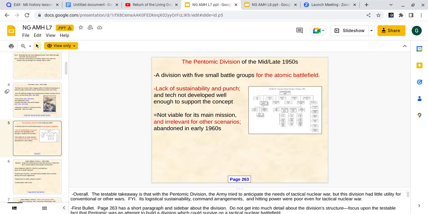with in war. Basically, it was small groups of people spread out, because whenever a bomb hits, you don't want a concentration of a large amount of people in one area. So for the atomic battlefield, they had this idea of using a Pentomic Division, small groups of people spread out over a large area. But they didn't really have a lot of technology to sustain that kind of tactic,